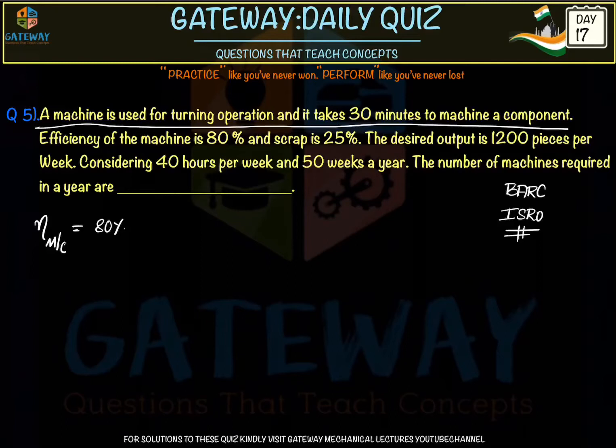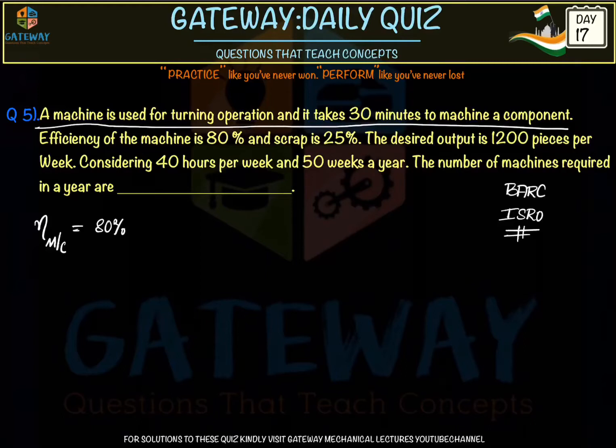If you are giving a product, it should machine the product in 30 minutes, but it has an efficiency of 80%. That means it needs 20% extra time to finish the product. Efficiency of a machine means, suppose you want 100 products as output in a given time, but you are only getting 80 products for that given time. That is because the machine's efficiency is not 100%. So it needs 20% extra time than whatever is required. That is why we are getting 20 products less than required.